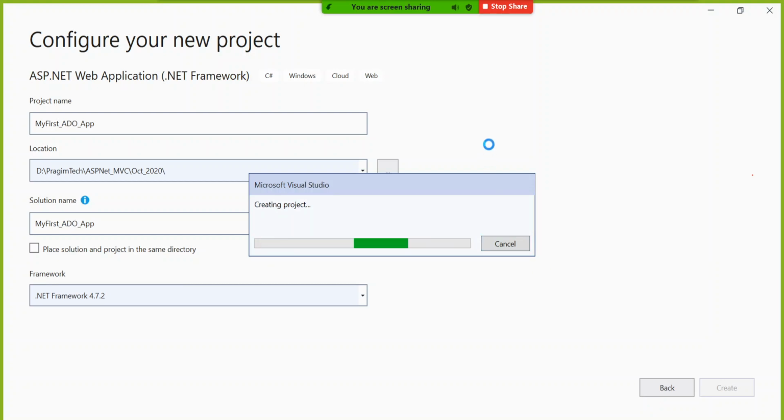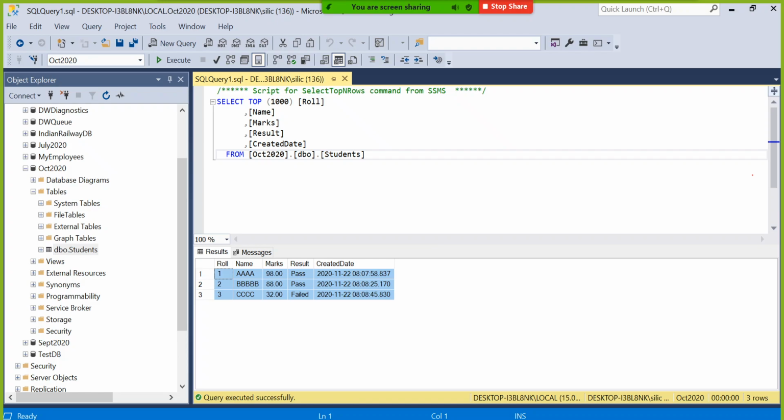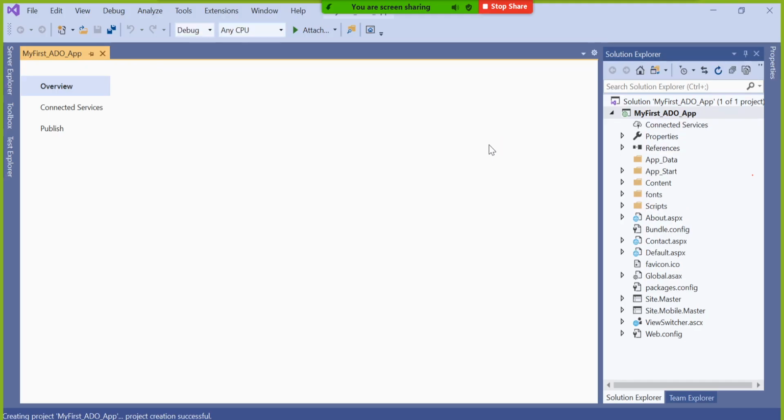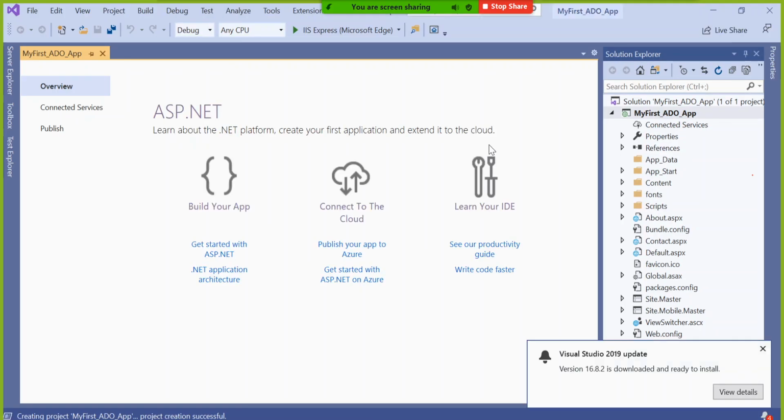Just as knowledge I'm giving you, but not to be much serious about web form, guys, because up to a maximum of 1 to 2 years only it will be demanded in the market, a little more, but after that it will completely go from the market. It's already gone 80%. If you don't have web form knowledge, people may take you, but if you don't have MVC knowledge, people will not take you.